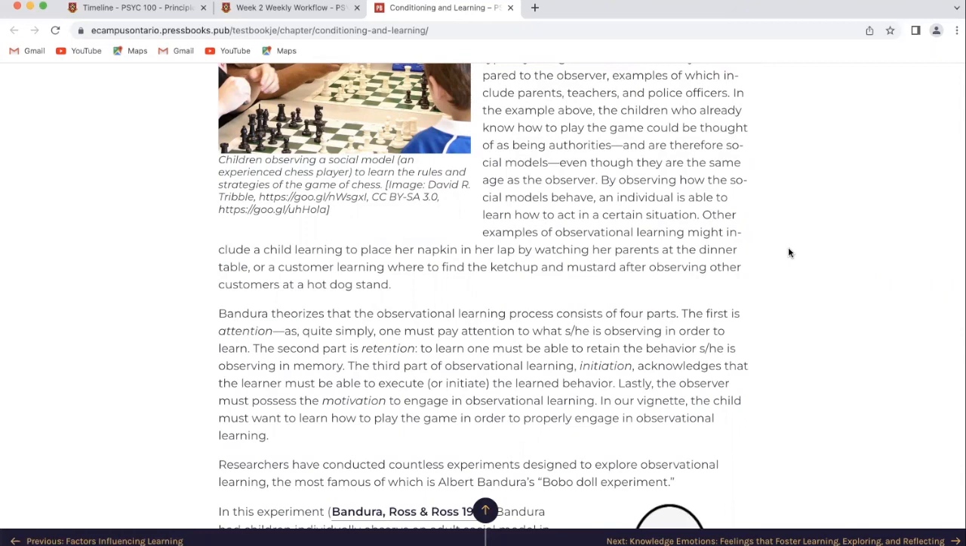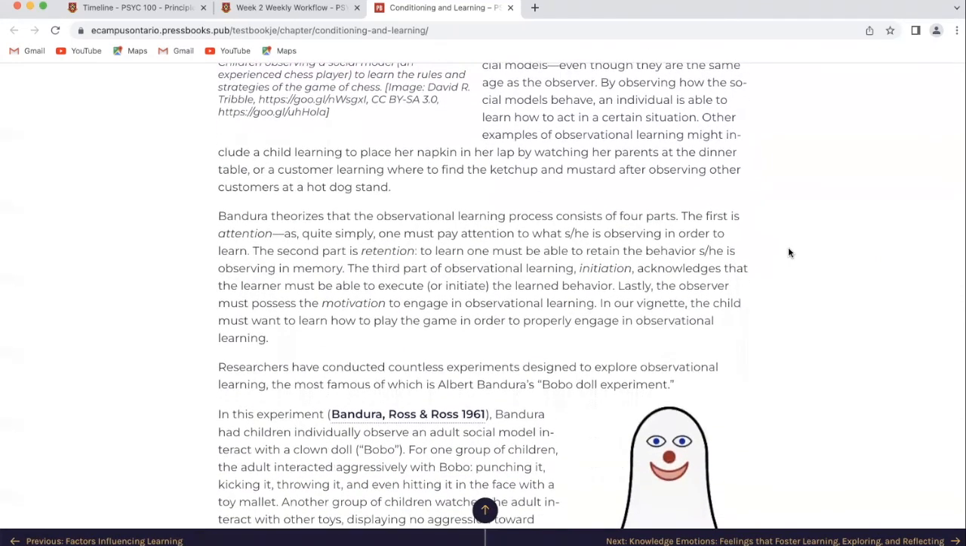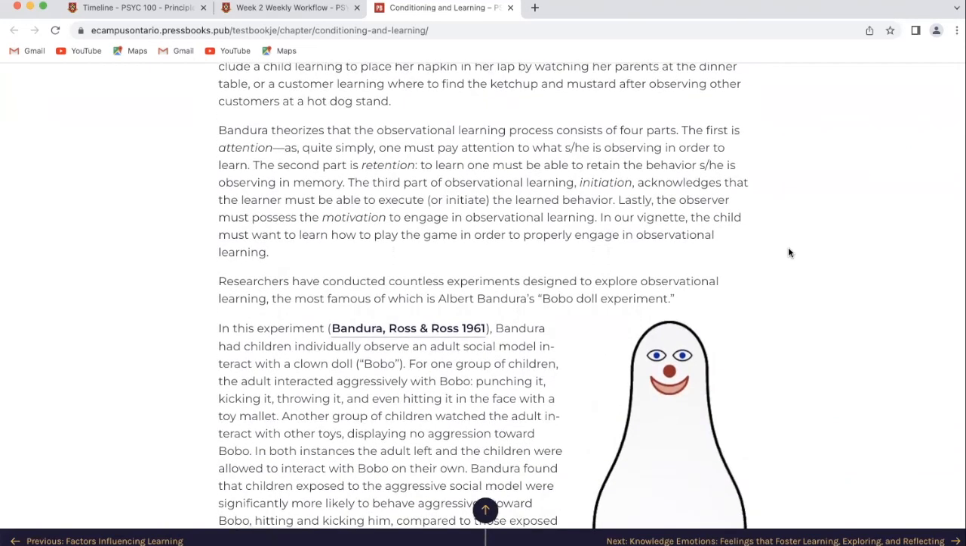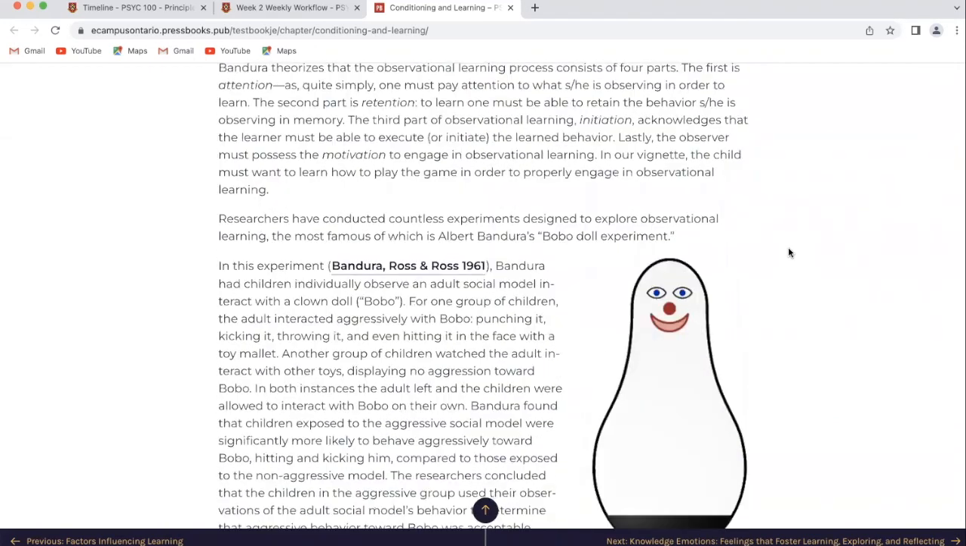The third part of observational learning, initiation, acknowledges that the learner must be able to execute or initiate the learned behavior. And lastly, the observer must possess the motivation to engage in observational learning. In our vignette, the child must want to learn how to play the game of chess in order to properly engage in observational learning. Researchers have conducted countless experiments designed to explore observational learning, the most famous of which is